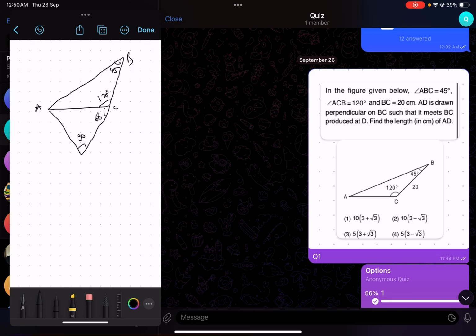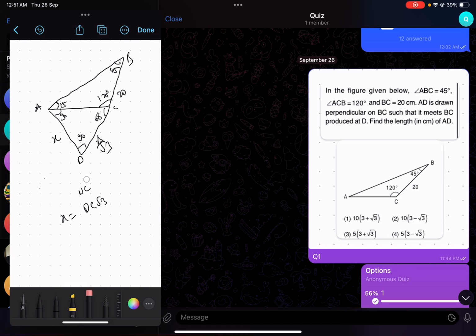Now we know that this angle will be 15 degrees, and here we can see that it is 30. Very easy. Now this is 20. Now see, this is a 30, 60, 90 triangle. So if we suppose this side to be x, then with this being D, tan 60 will be x by DC. So x will be DC tan 60, so DC root 3, so DC will be x by root 3.